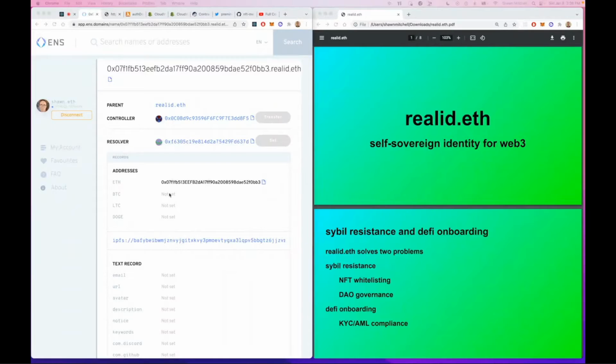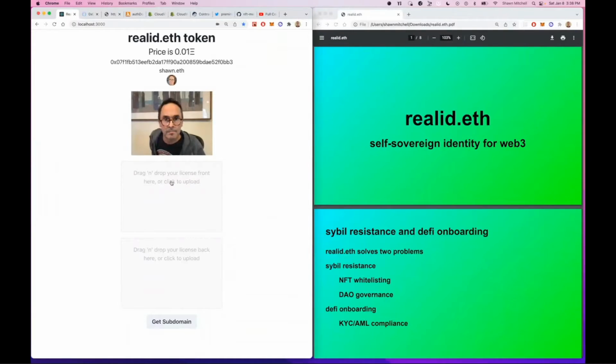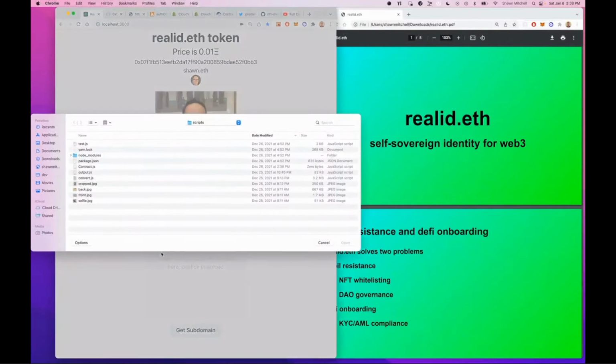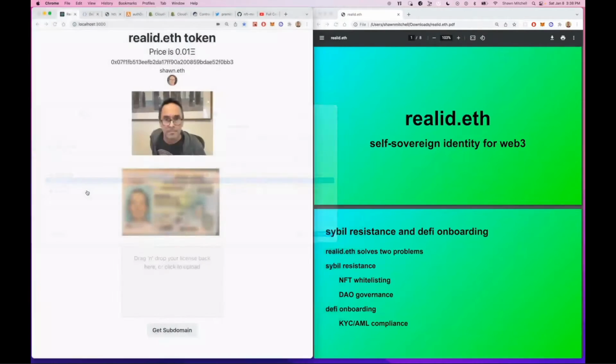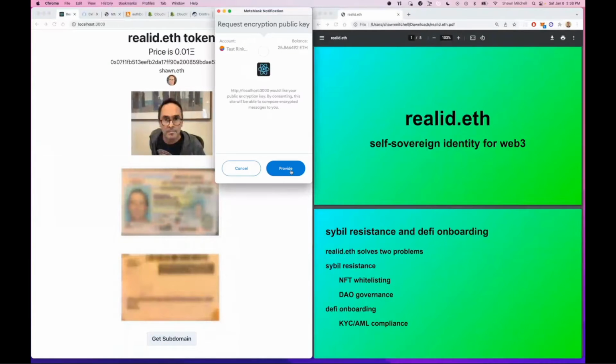I know that's a lot, but the idea is you take a selfie, and then you upload the front and back of your ID, and you request a